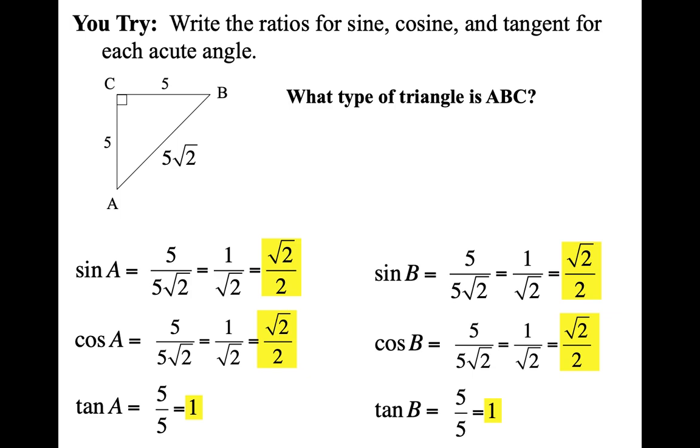So this is an isosceles right triangle, which means that the acute angles are the same. Angle A is congruent to angle B. And when that happens, because the sine of angle A is equal to the cosine of angle B, what we talked about last slide with them being complementary, when they're also congruent, the sine of A, the cosine of A, the sine of B, the cosine of B, they're all equal. And this only happens in this special right triangle. And then the other thing is tan. Tan is going to equal 1 because our legs are congruent. So that's, again, special right triangles.